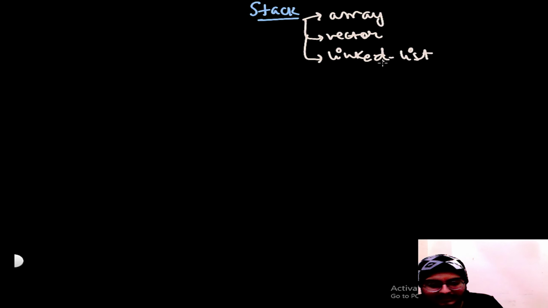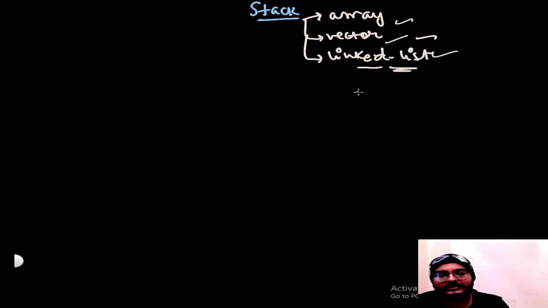Okay, now let's discuss how we can implement our own stack. This can be done via array, via vector, or via linked list. Anything can be used to represent it.